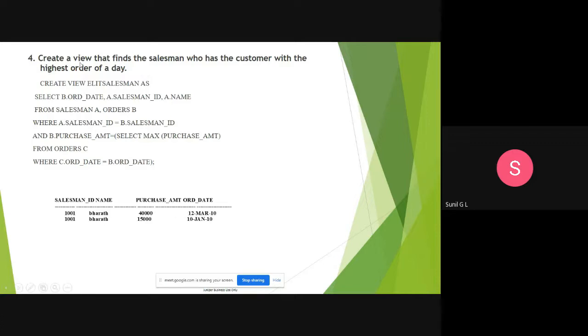Okay, so to create that view, the query will be: find the salesman who has the customer with the highest order of the day. Okay, so we need to create a view that contains, in such a way, a salesman who has the customer with the highest order of a day. So we need to find a customer and salesman. Suppose a salesman has two or more orders for a particular customer, that customer having the highest order on that particular day. Okay, so for that, create a view,